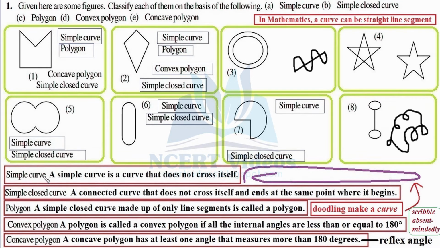With this idea of a simple curve, let's try to classify the pictures which are a simple curve. So here it is not a zigzag line. It is a straight line, but it is a curve. Indeed, all these figures are curves because they constitute either a zigzag line or a straight line segment. Here we have to find whether they are a simple curve. So we have to keep in mind whether these figures cross themselves. If they do so, they will not form a simple curve.